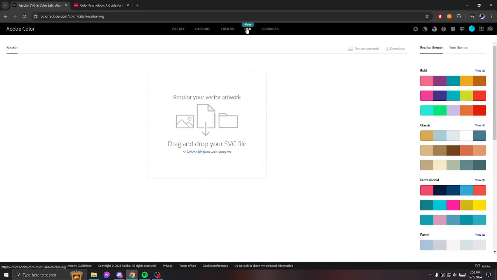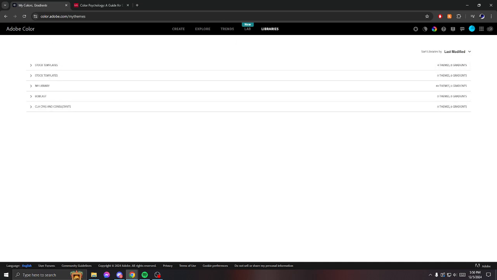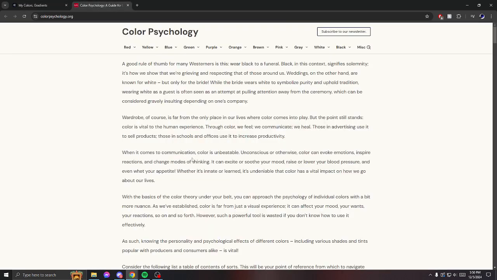I haven't used the lab much. This is for recoloring, but there's a way for us to recolor in Illustrator, so you don't really need to worry about this, and then your libraries are up here. And you can have multiple libraries, as you can see. I have a few. The next tool that we're going to talk about is